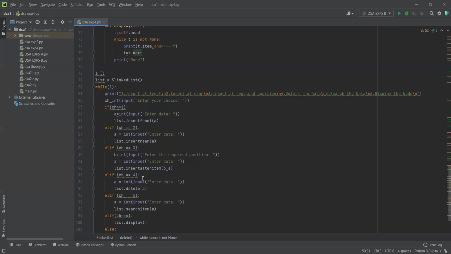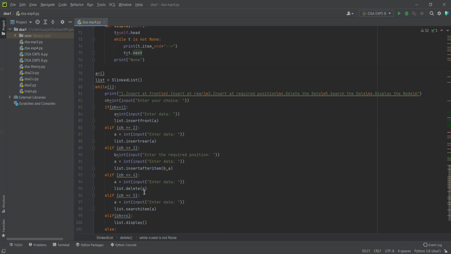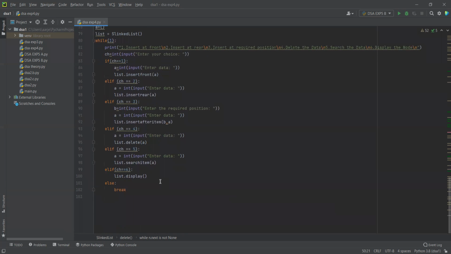And if the user enters 4, we ask the user which data has to be deleted. If the user enters data, we pass this to the delete function and we delete that. If the user presses 5, we ask for the data which has to be searched, and if the user enters that, we pass this to the search item function, and we show whether it is found or not.